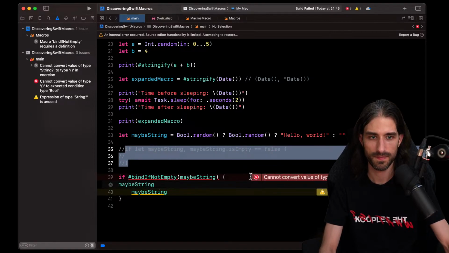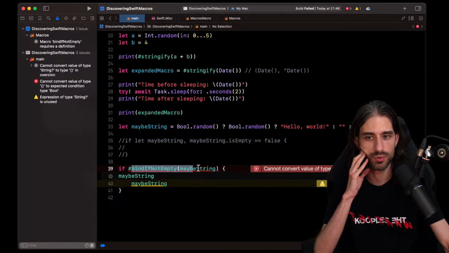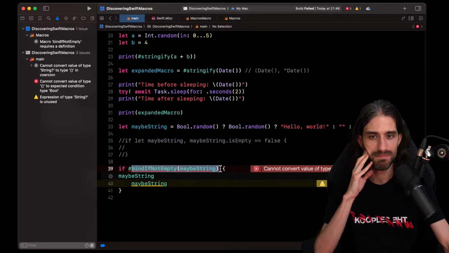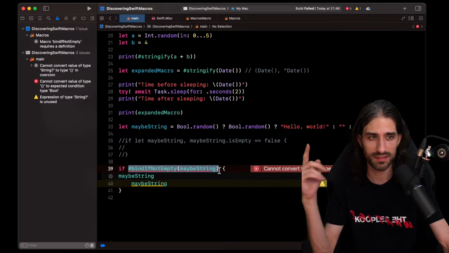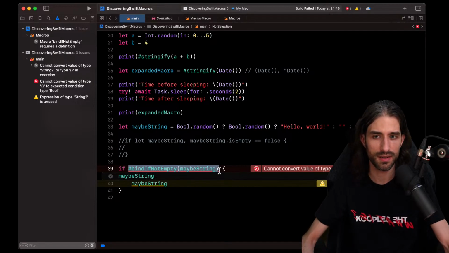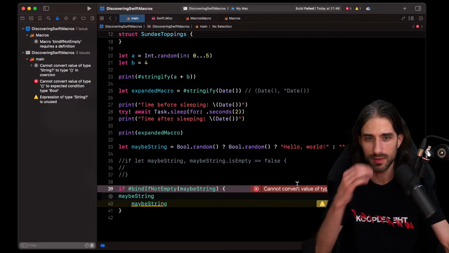So, but maybe actually what I'm trying to do here, maybe it's possible, but maybe not with an expression macro, because when I do if like this, it expects an expression, and this returning a conditional binding might actually not be possible. So maybe what I picked as my simple example was not as simple, or maybe not even doable.